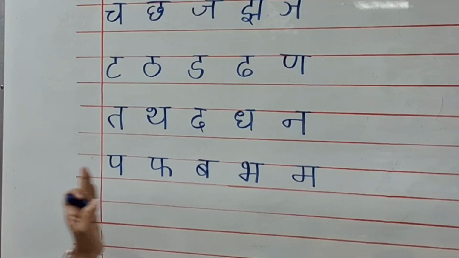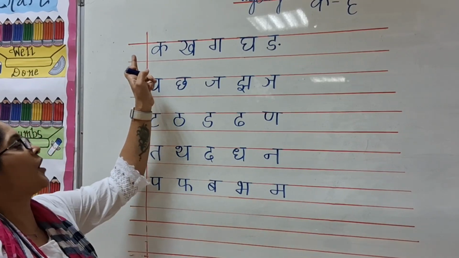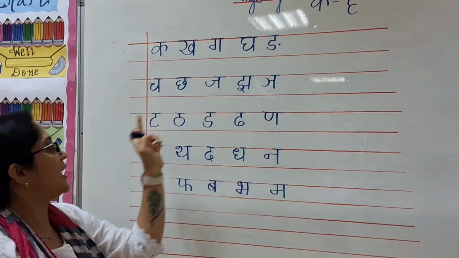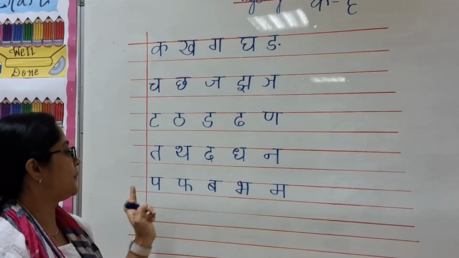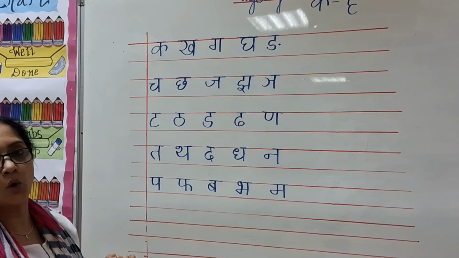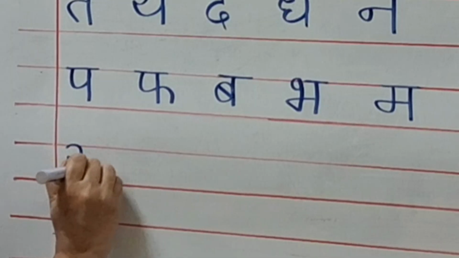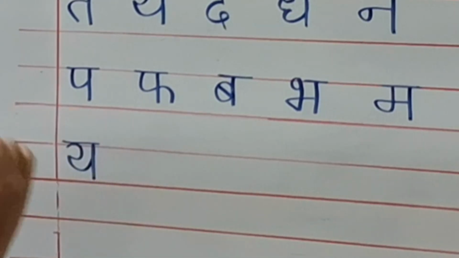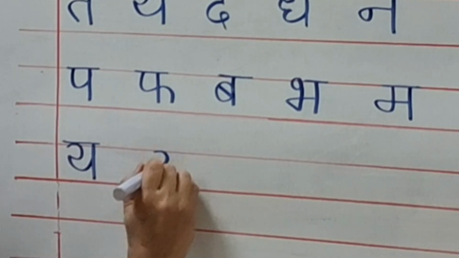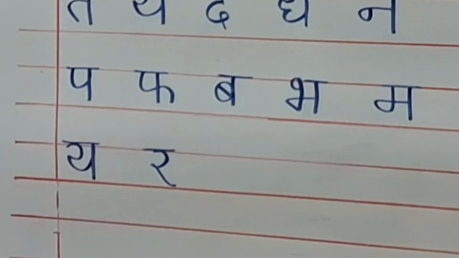So we finished the Pa family also, starting from Ka, Cha family, Ta family, Ta family, Pa family, and now we go to the Ya family, which is starting with Ya se yagya, Ra se rassi,